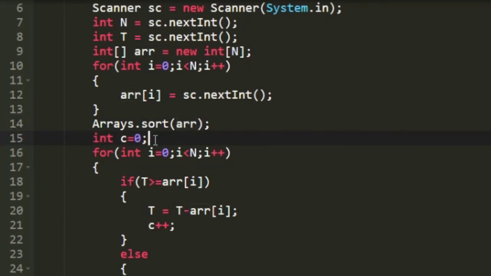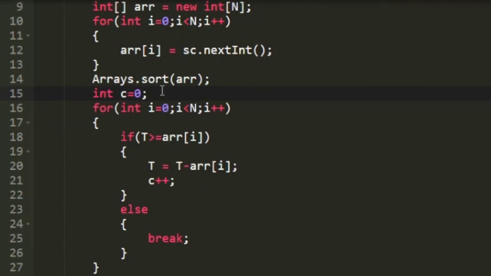And then I am declaring an integer variable c and setting its value initially to 0. Now we are going to count the number of ice creams that the boy can buy. To do that, we are going to traverse through this sorted array. And in every iteration, we are going to check whether the value of t is greater than or equal to arr[i]. And if this condition is satisfied, we are going to update the value of t by subtracting arr[i] from it.